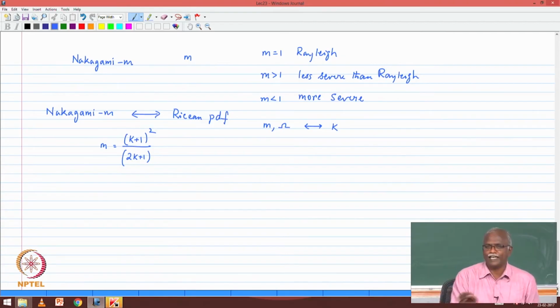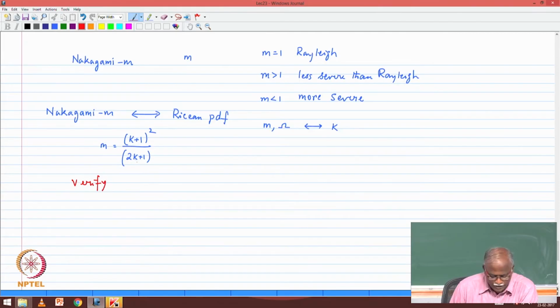You will just do a simple calculation to get the value of M and then substitute it and do all of your computations of the BER using the value of M, because that's easier for us in terms of the integration. So if you can relate M to K, you should be able to relate K to M. Please verify